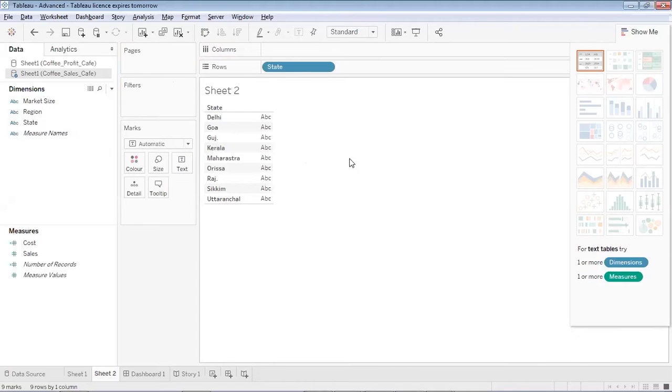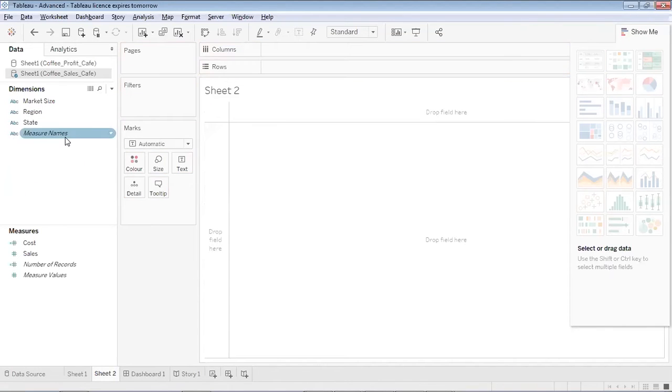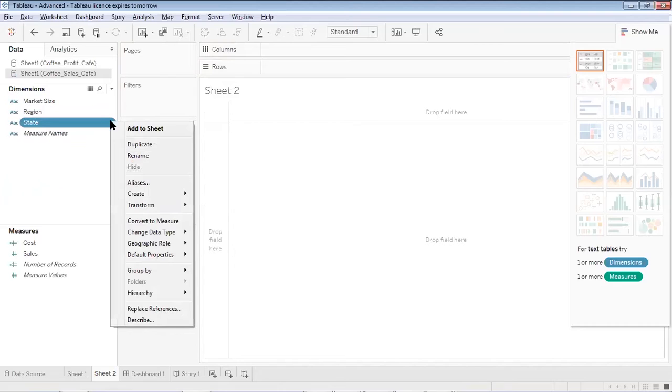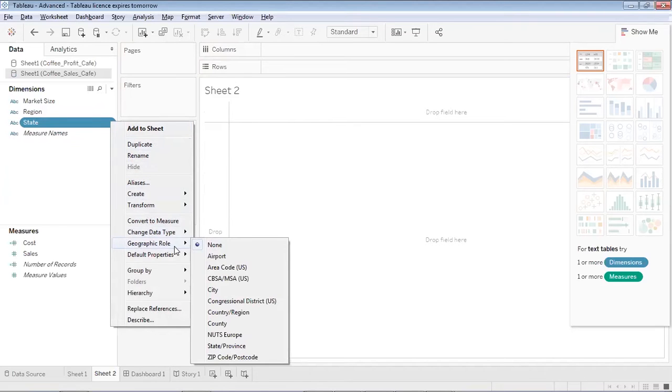For making this state field into geotype, so that whenever I drag and drop this field on my view pane, I get an option to create symbol maps or normal maps, I'll have to remove this first. Now I'll go to this state field, go in the drop down, and in the geographical role, I'll say this is a state name, so please convert it into state.